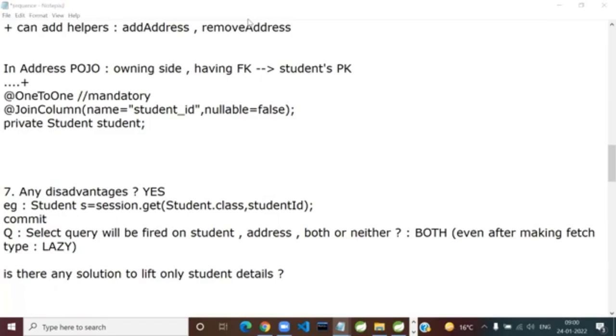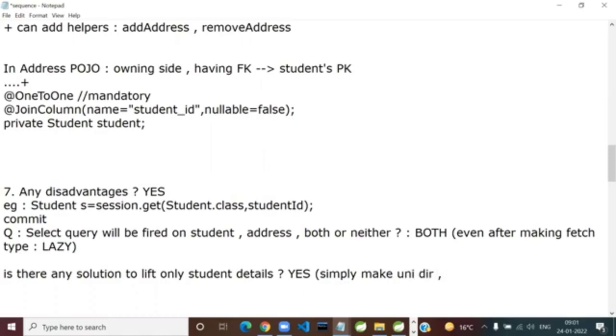Yes, Diksha, you're right about it. The answer is yes. How? Just make it unidirectional.